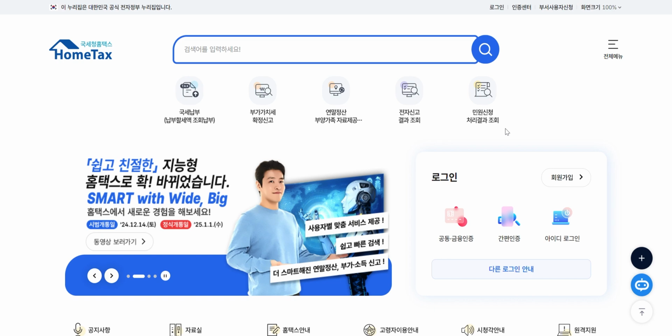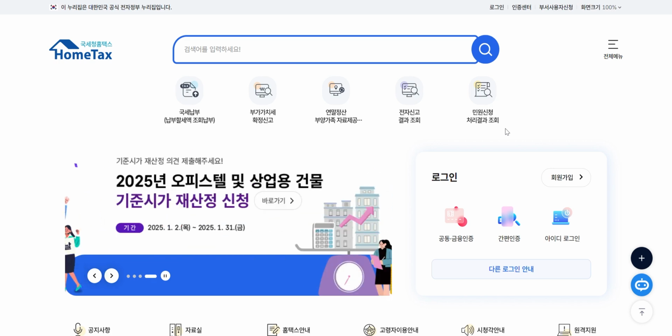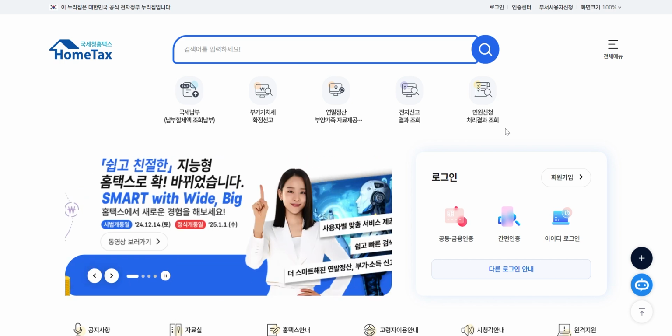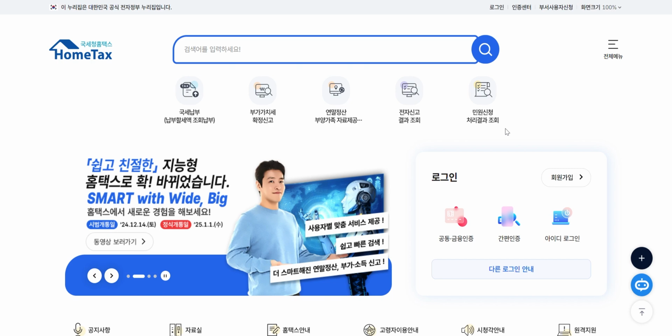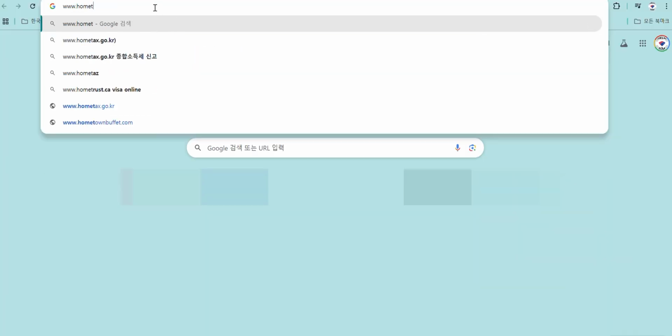So if you work in Korea, you have to do a year-end tax adjustment at the end of each financial year. And in most cases, the accountant at your workplace will do most of the work for you, but you do have to download some documents from HOMETAX to give to them in order for them to do this. Okay, let's get started. So first you need to go to